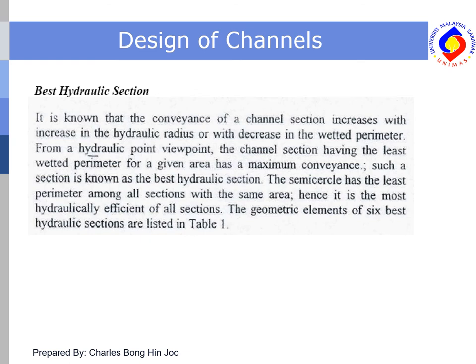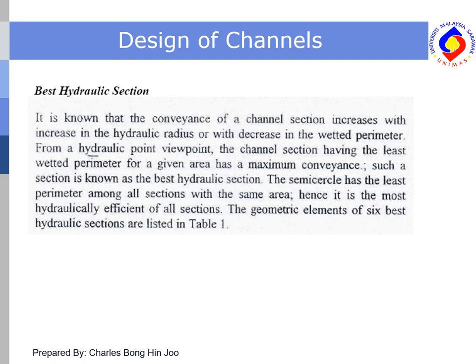The next thing that needs to be considered in the design of a channel is the best hydraulic section. From the viewpoint of hydraulics, the best hydraulic section is the section having the least wetted perimeter for a given area and gives the maximum conveyance or discharge. The semicircle has the least perimeter among all the sections with the same area, hence it is the most hydraulically